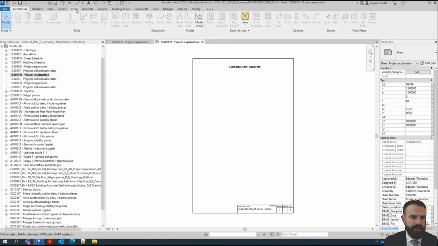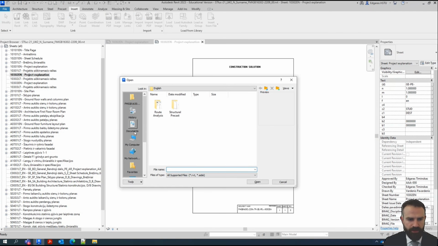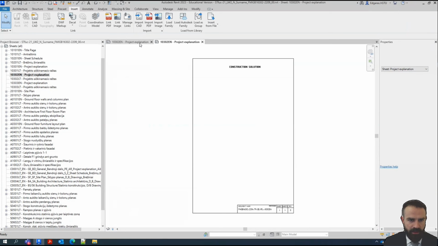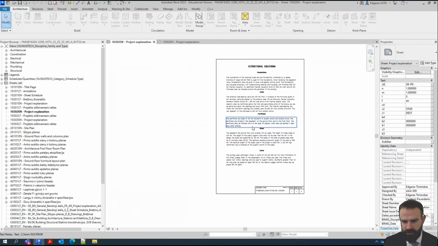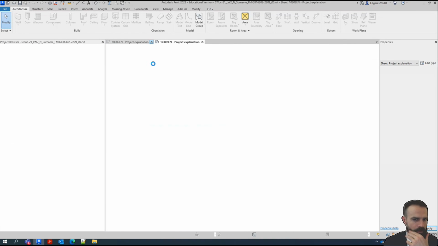So the workflow will be like that. I go to Insert, I open Insert from File, I select Insert Views from File, I go to Downloads, in which I downloaded my file, and I should select the Revit file. If I open the template file, I will not get this information, so I should close the template file,